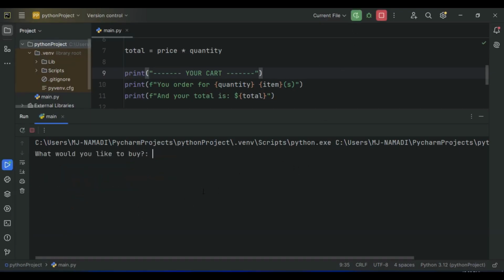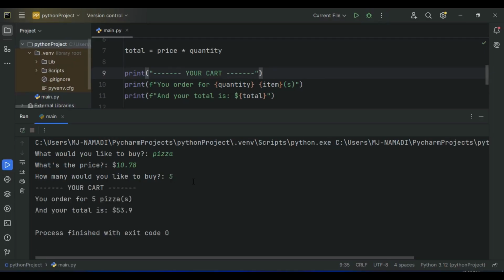Alright, let's actually go ahead and try one more time. Let's run our program again. What would you like to buy? Let's say pizza. Hit enter. Price is 10.78. Hit enter. How many would you like to buy? Let's say 5 and hit enter. As you can see, we have our cart right here. Your cart, you order for 5 pizzas and your total is